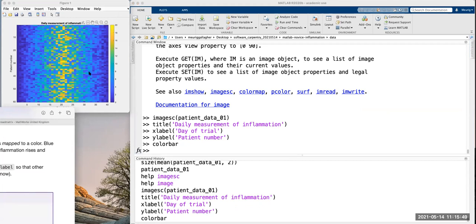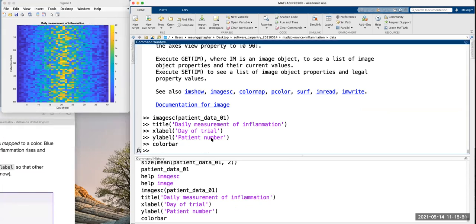But what if we didn't want to show this? What if we wanted to show something different? Maybe we didn't want to just see the daily measurement. Maybe we wanted to see what the mean of the data was, so the average daily inflammation across all patients. We wanted to see if there's something changing across all patients. So we can plot, and the plot command just takes an argument. We can say mean of our patient data. We want to look at the mean of every day, not the mean of every patient. So each patient is on the first column.